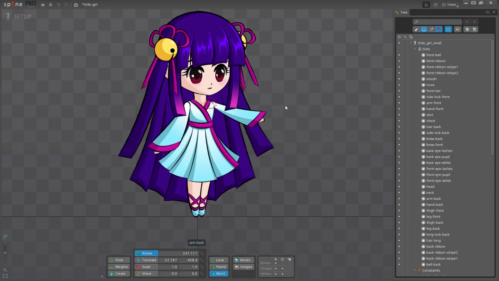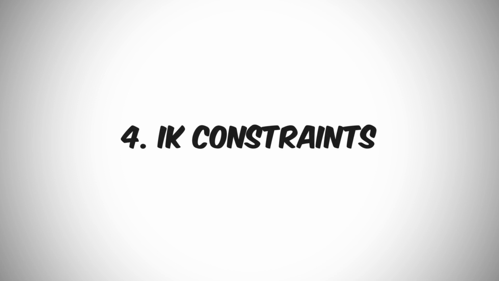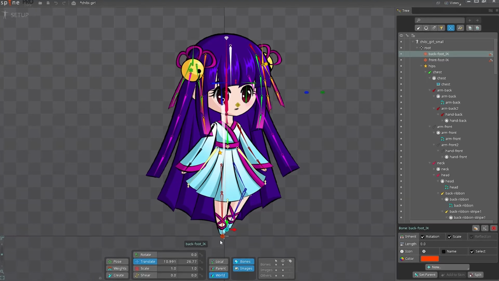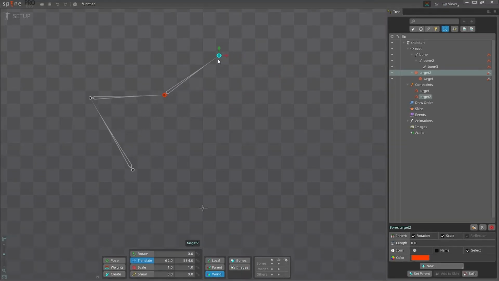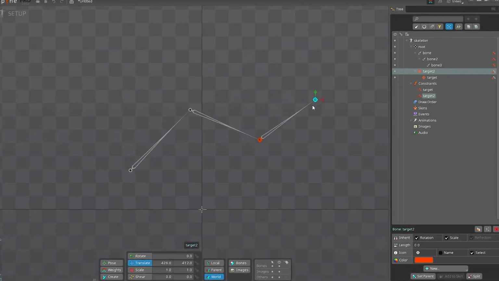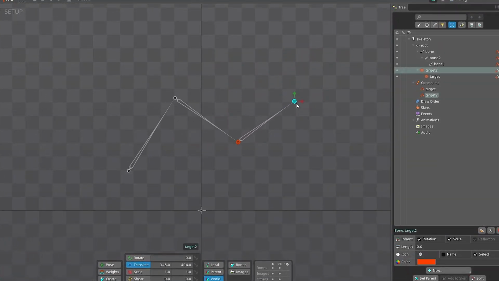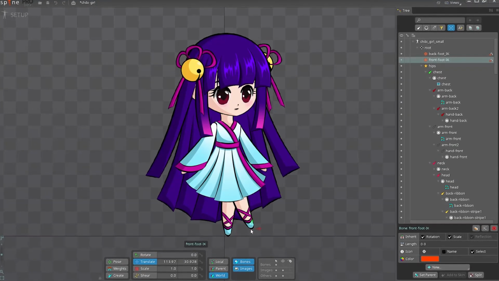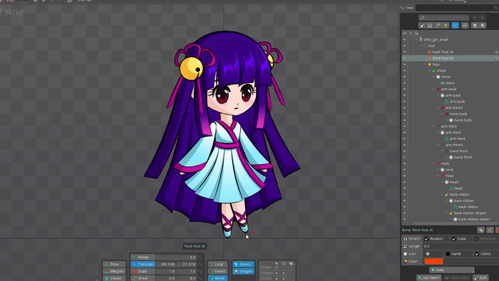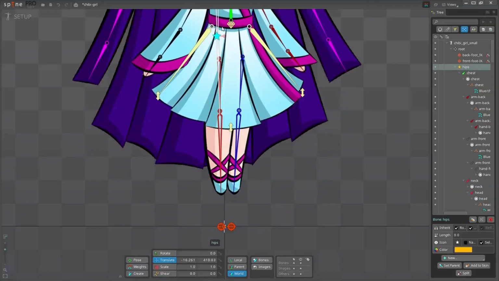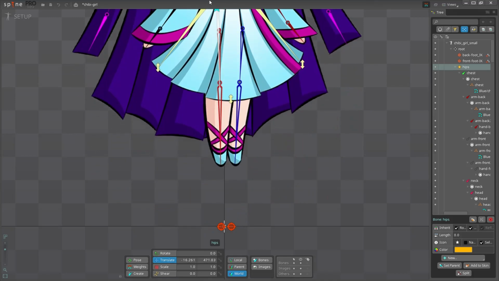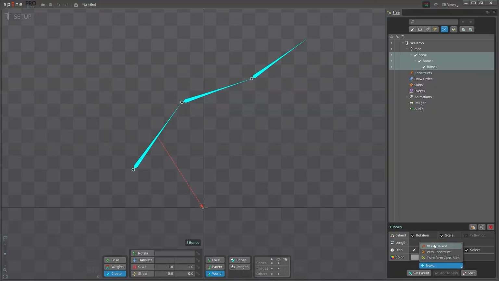Once we've completed the core rig, we can proceed to the inverse kinematic constraints, or IK for short. IK constraints allow you to create an anchor for the bones, which you can move around, making the constrained bones adjust their position automatically, like shown here. This is very useful when animating characters' legs, for example. Both Spine and CoTools support inverse kinematics, but they approach this feature a bit differently. In Spine, you can constrain up to 2 bones at the same time.